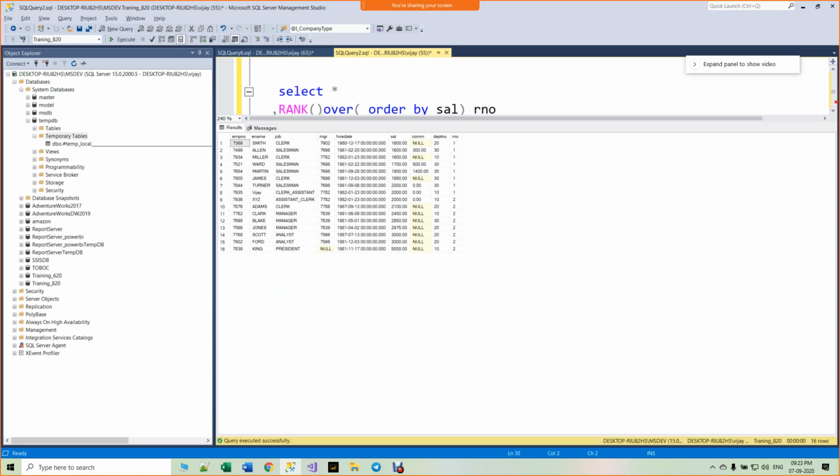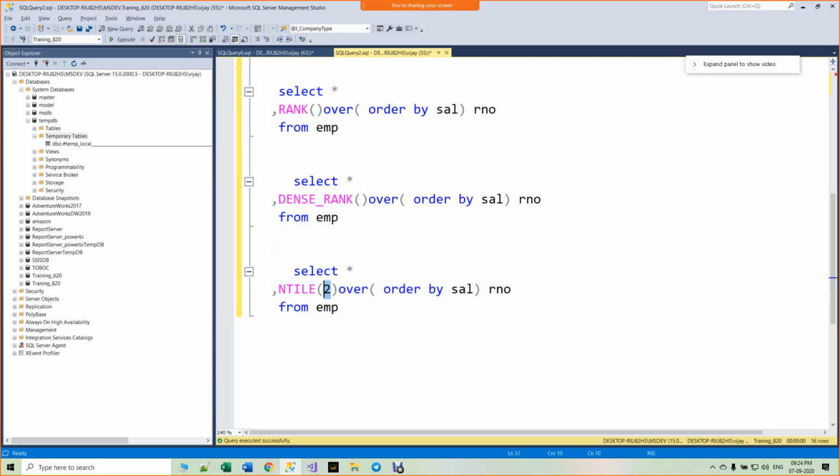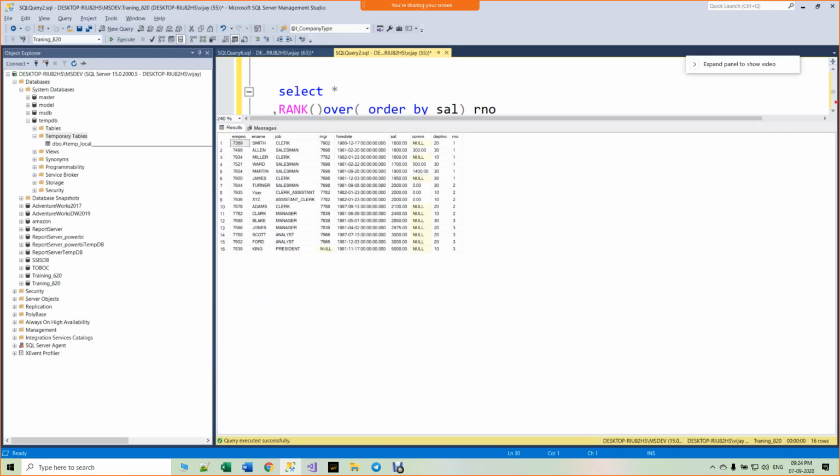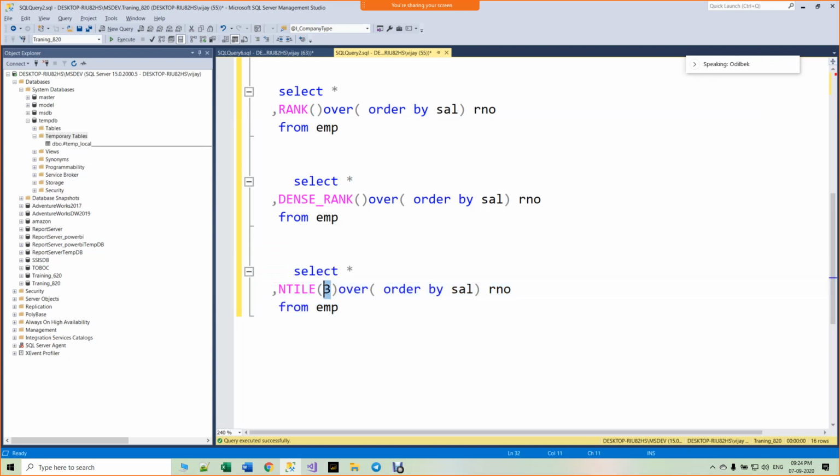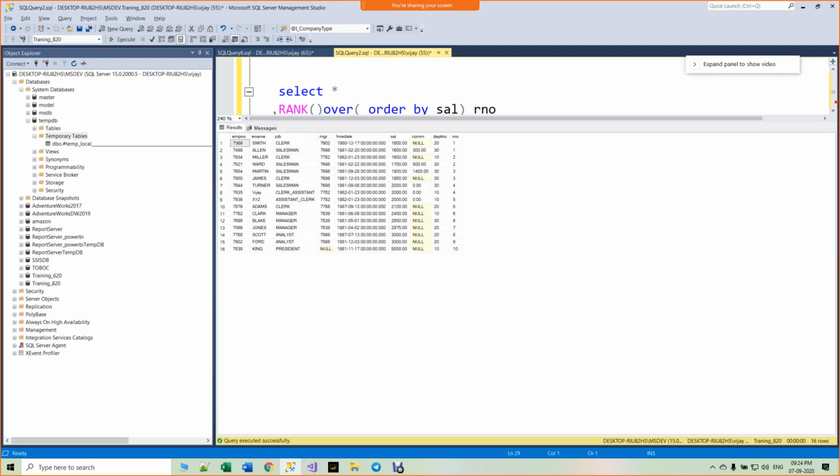If you see, I gave ntile as 2, so the total data set will be broken into 2 parts, 1 and 2. If I give 3 here, your total data set will be broken into 3 parts, 1, 2 and 3. If I give 10, it will break into 10 parts. Getting my point?